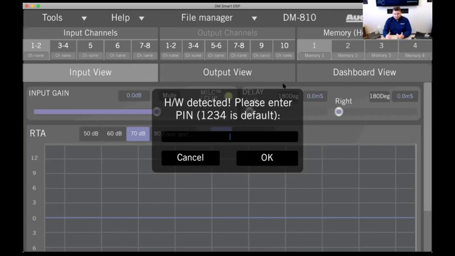So now that we're plugged in and up and running, one of the things that we should have happen is a couple of things. Top right corner, you can see the little green dot is lit up. That shows us that we're connected. We have USB connectivity, and the product is powered up, or at least past step 1 at this point. The next thing it's going to ask for is a password, just like it says on the screen. It's defaulted to 1234. So I'm going to enter that in, hit OK,